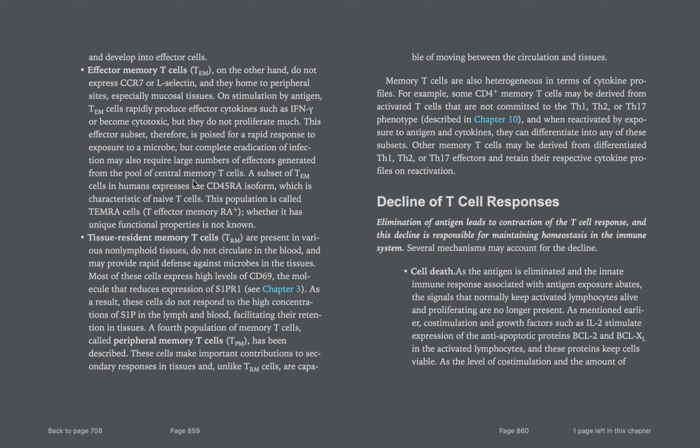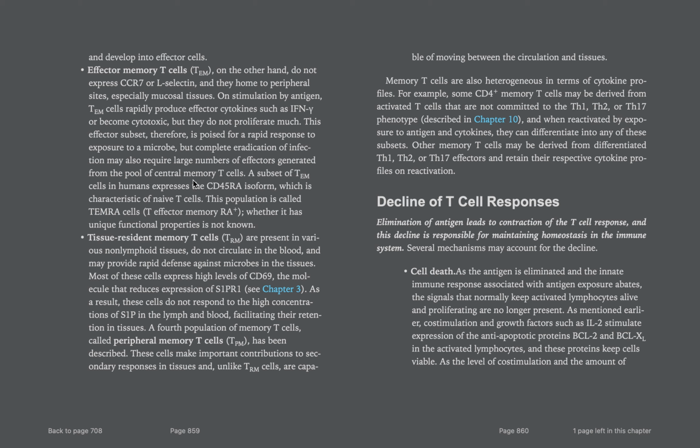Effector memory T cells, on the other hand, do not express CCR7 or L-selectin, and they home to peripheral sites, especially mucosal tissue. On stimulation by antigen, the T effector memory cells rapidly produce effector cytokines such as interferon gamma and become cytotoxic, but they do not proliferate much. This effector subset, therefore, is poised for rapid response to exposure to microbes, but complete eradication of an infection may also require a large number of effectors generated from the pool of central